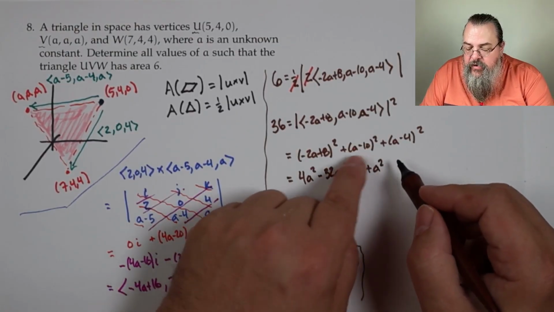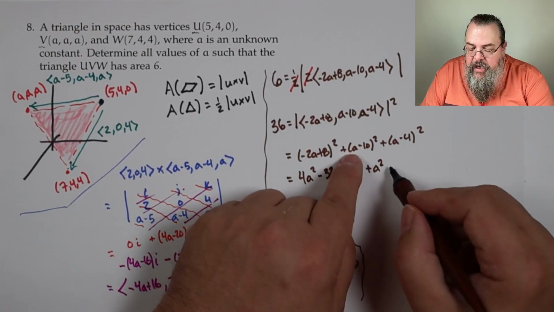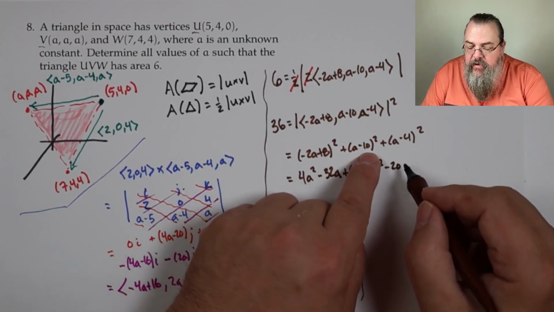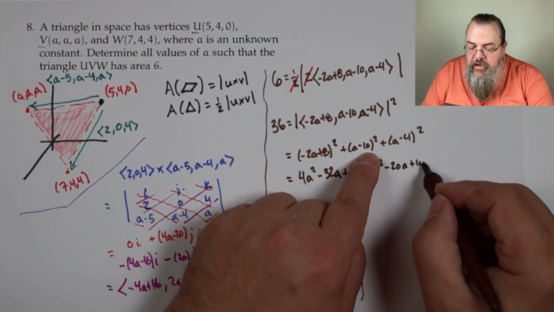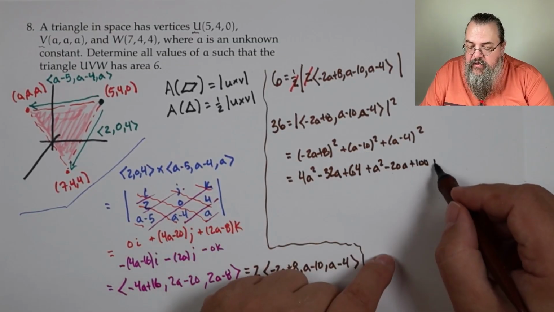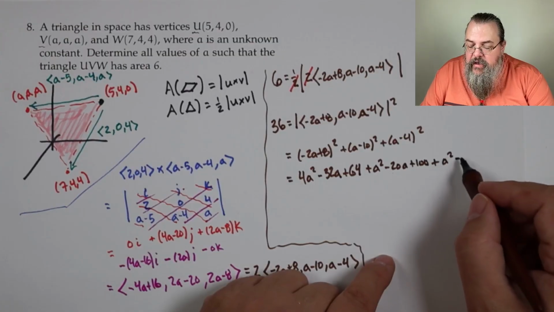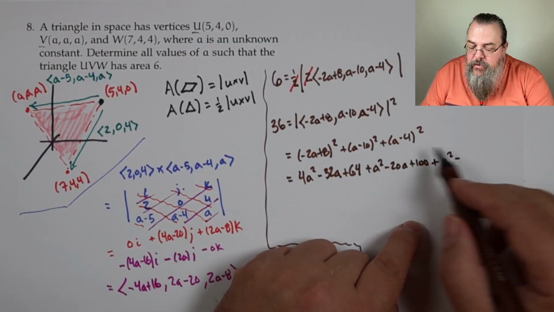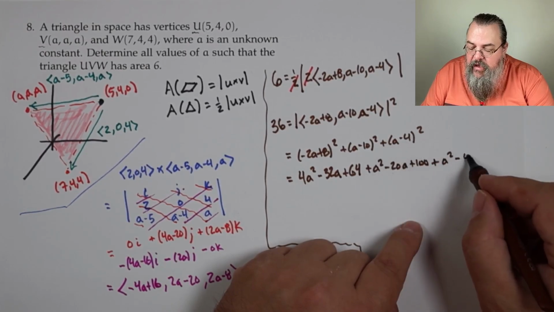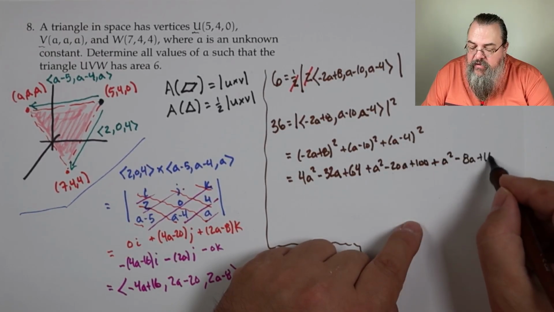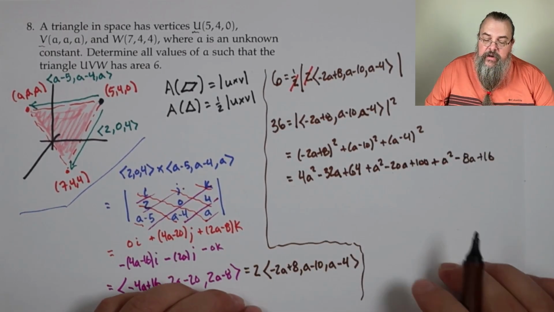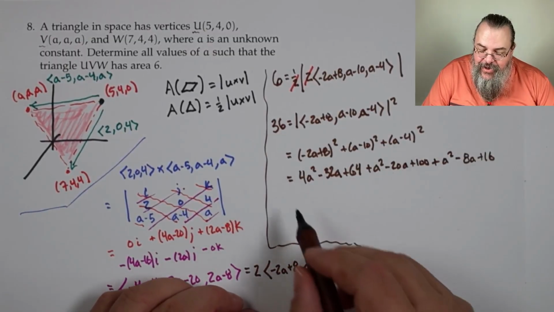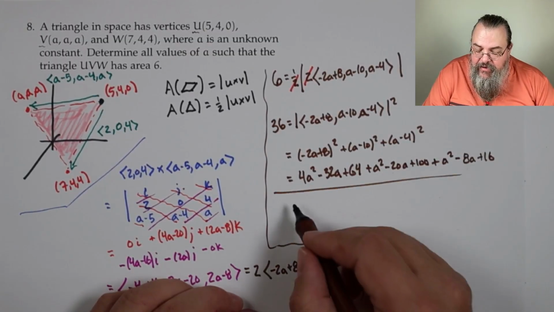Then we have our cross terms. Minus 20a. Right? It's 2 times the first times the last. And then plus 100. And this is plus a squared. And then the middle term, double, right, 2 times first times the last, so that's minus 8a and plus 16. All right, now let's move the 36 across. So we're going to get that 0,